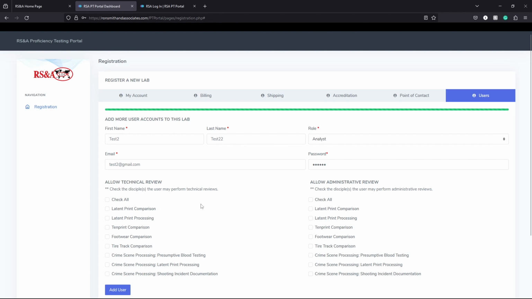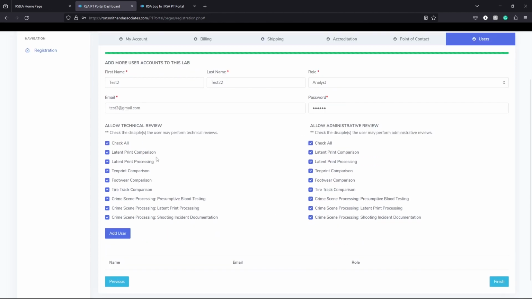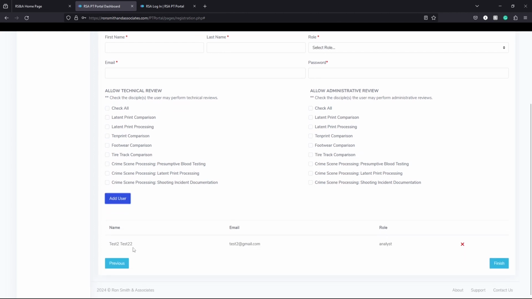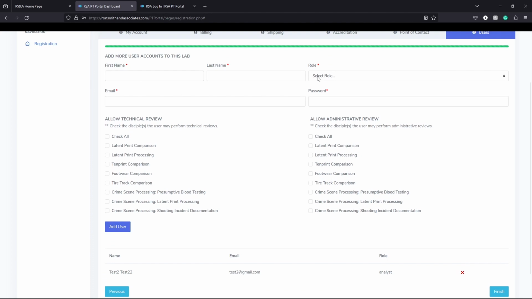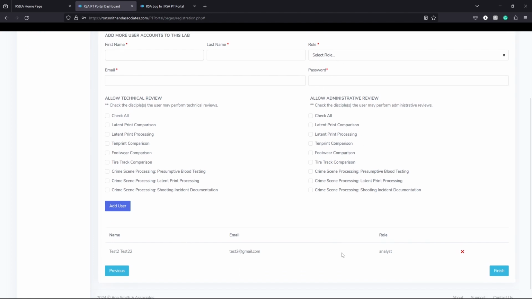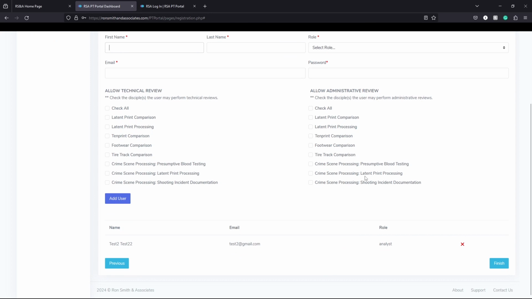So this will allow their user ID and their name and their email to show up in the workflow assignment options that we'll be looking at later. So we'll click Add User, and you can see that it has added a user here as an analyst. If I want to go ahead and add another user at this time, I can do that here. You can add as many as you need at this point, but again, this is not a requirement to create